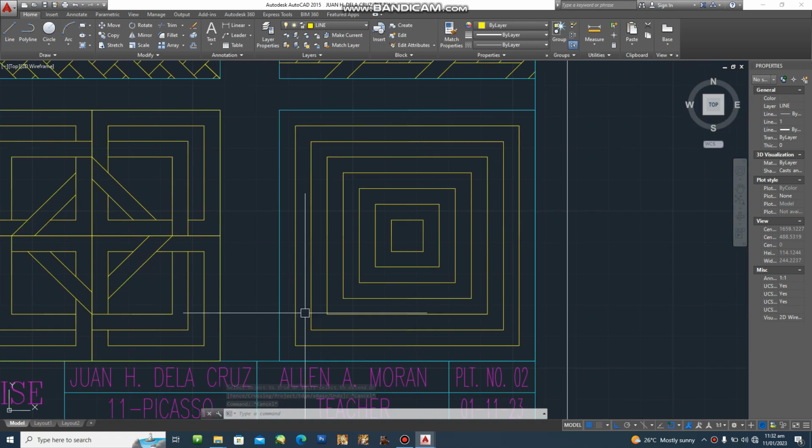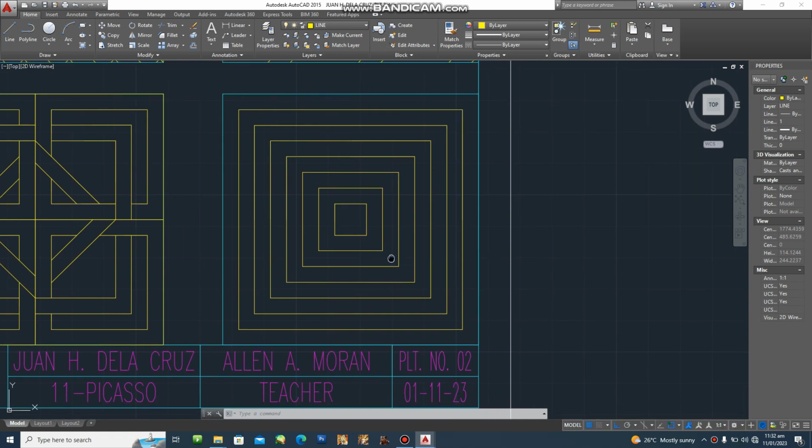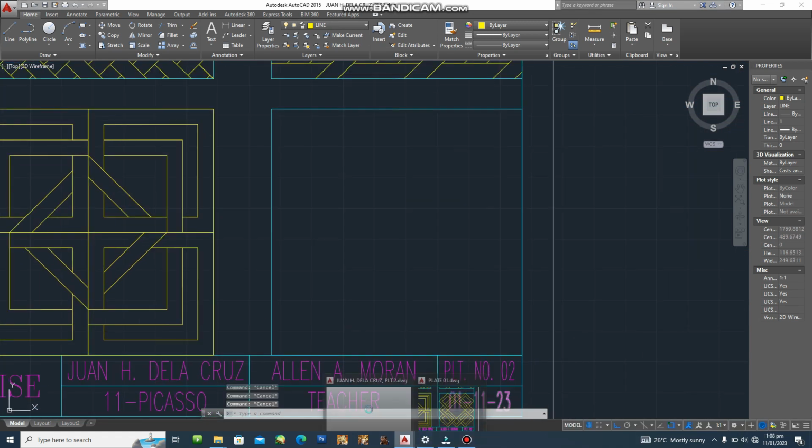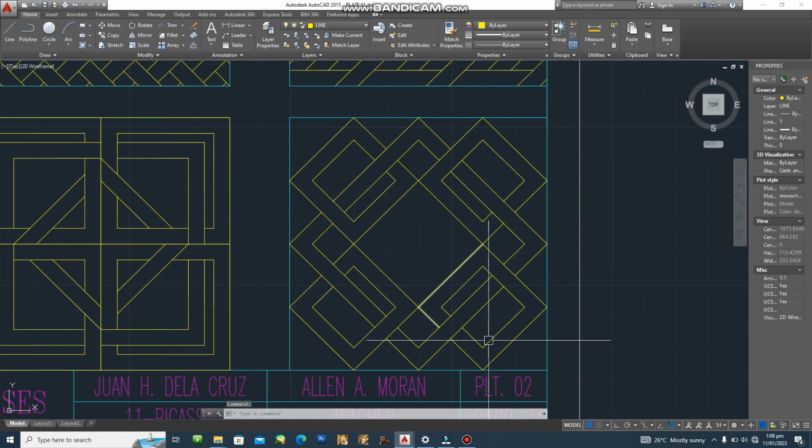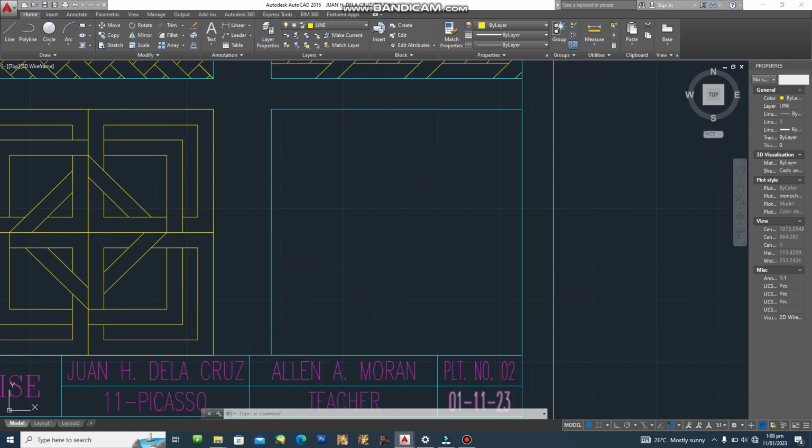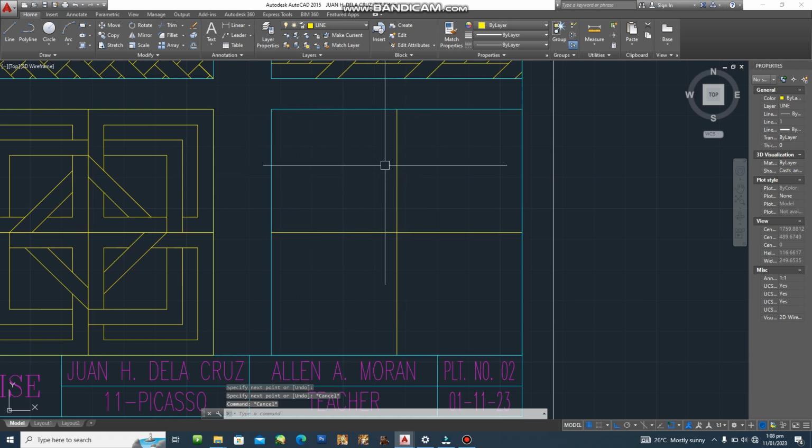So let us now proceed with our design number 6. But first, let us check our template here. So the very first thing to do is to create a diamond shape like here using the polyline command. So what is the procedure? The very first thing we'll do here is creating a line here, midpoint to midpoint, and then midpoint here, and midpoint. And then using a polyline, we will create,